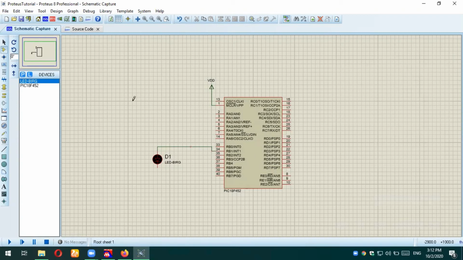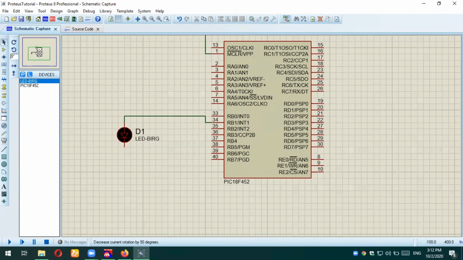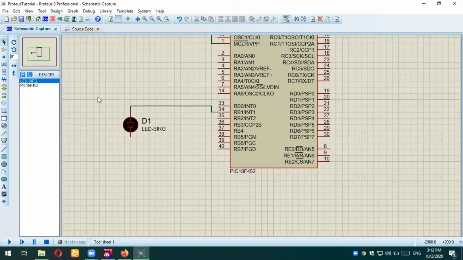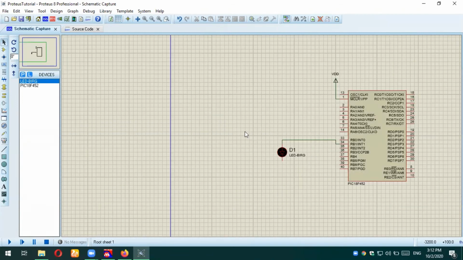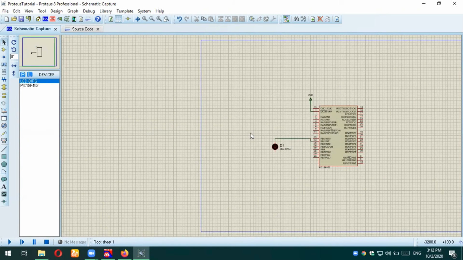If it is not visible, I can zoom in for you. I have to go to selection mode, this arrow, and then I can click over here. Just to visualize for you, look, this is the P side and this is connected to the pin of the microcontroller. So I'm going to zoom in now, then zoom out again.